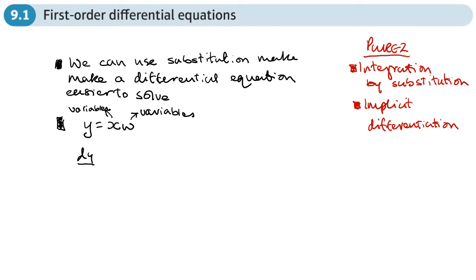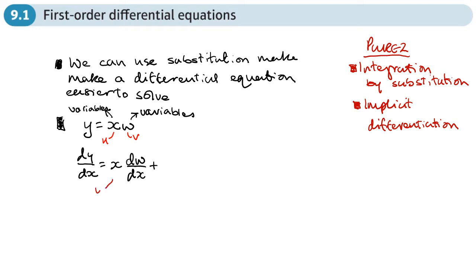So if I find dy/dx, I'm actually going to be using the product rule because I've got, as I said, two variables here. So if I use the product rule and I call this part u and this part v, then uv' will be x. Now, when I differentiate w with respect to x, you can write it like this, or think of it like this: I'm differentiating a w as if it were an x. I've thus differentiated w with respect to x. So it'd be x dw/dx. So I've just differentiated that as if it were an x term. So this is our implicit differentiation, plus